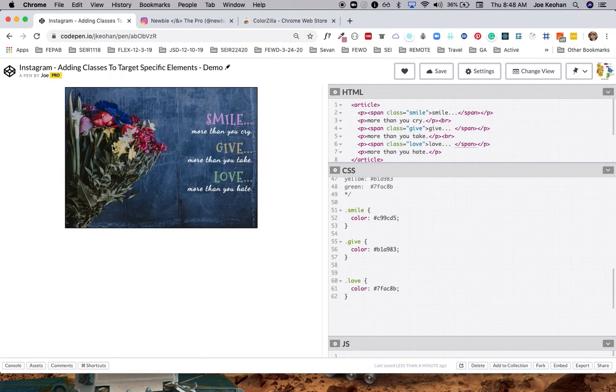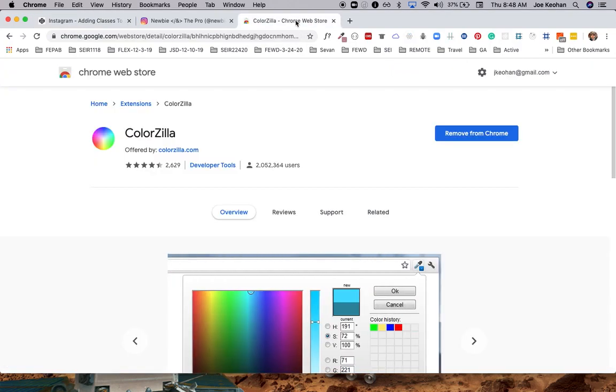The yellowish color, which I pulled from the daffodil, and then Love, which I pulled from one of these leaves. There's other really unique, beautiful colors like this blue up here or the red. I was considering even changing Love to be more of one of these shades of red. So there's a tool that I use to elicit those colors, and the tool is a Chrome extension, and it's